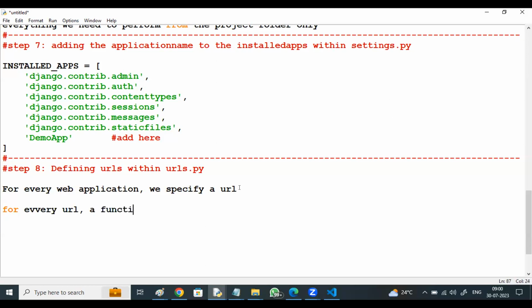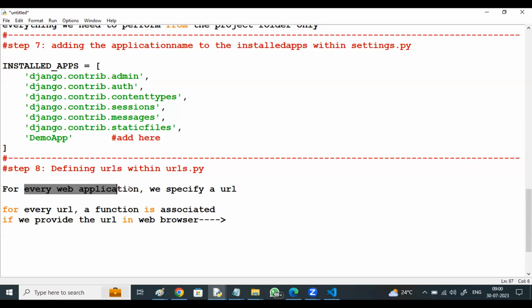For every URL, a function is associated. If we provide the URL in the web browser,